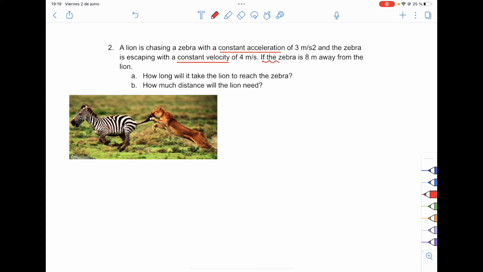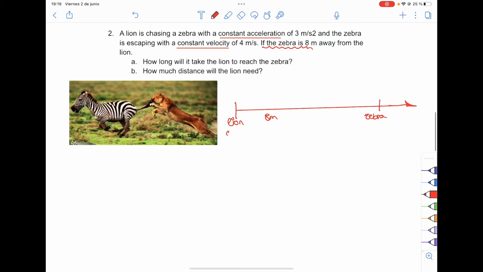And then we also know that the zebra is 8 meters away from the lion. So we can do a drawing like this one. If the lion is in here and then there's 8 meters and now the zebra is in here. And we know that they're running in the same direction because the zebra is trying to escape and the lion is chasing the zebra. Okay, so again, the lion has an acceleration of 3 meters per second squared and the zebra